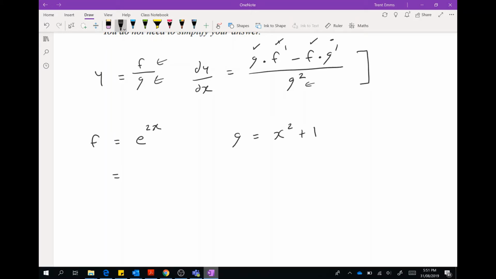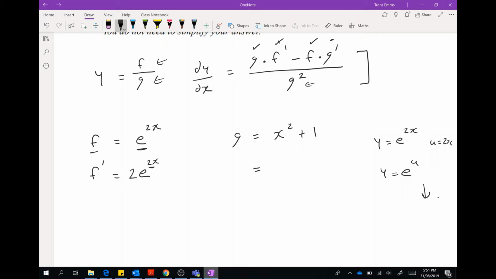Exponentials, e to the x goes to e to the x, but e to the 2x is a little bit different. We won't do the full chain rule with the u substitution, but if you want to, this is how you would set it up. You'd go y equals e to the power of 2x, and then u equals 2x, so that y would equal e to the u, and then you'd go through the process. But what's going to happen is that exponentials differentiate to themselves, and then you times the derivative of the power to the front, and the derivative of 2x is 2, so 2 comes to the front, and then f will become f dash,